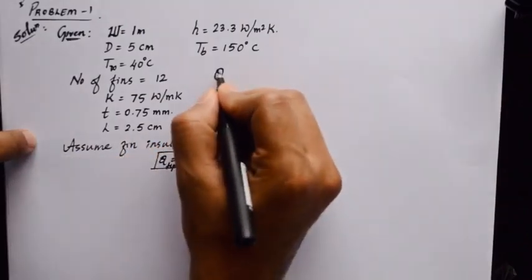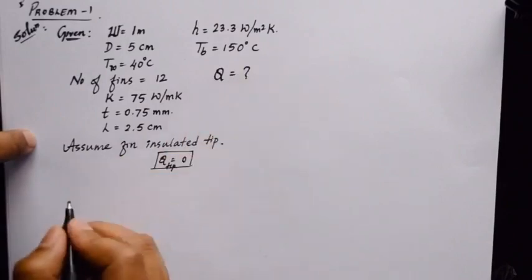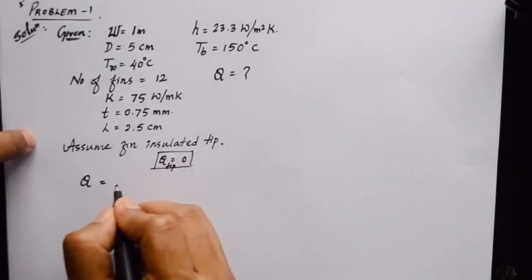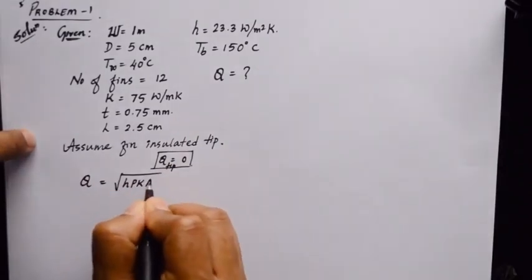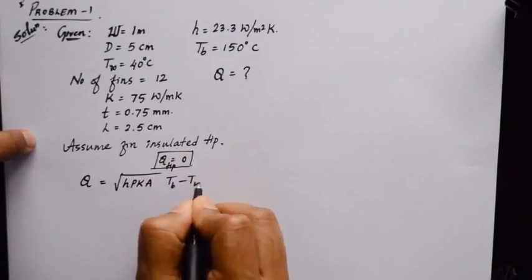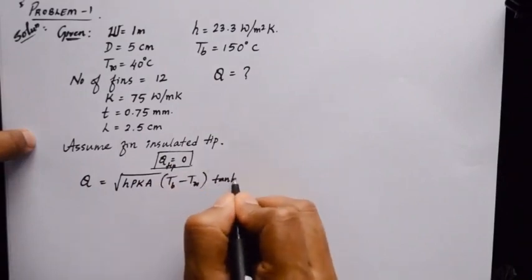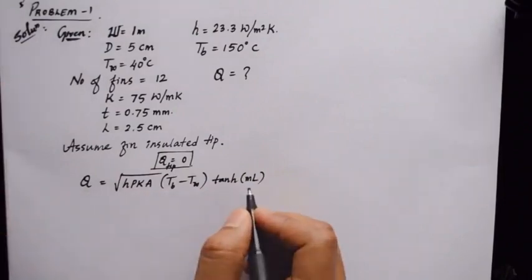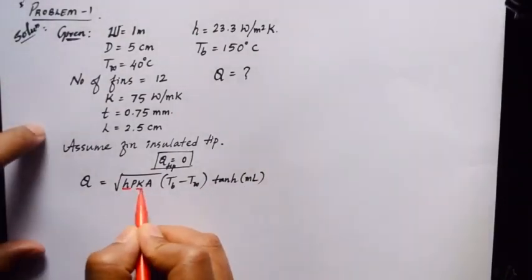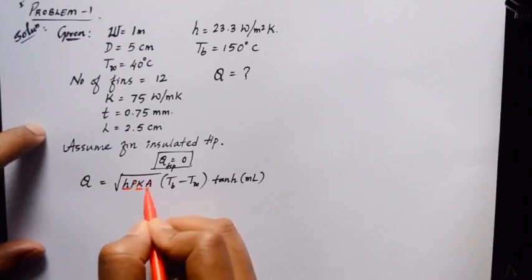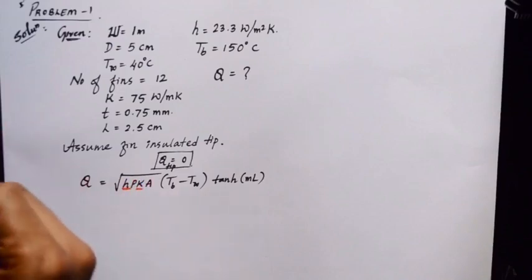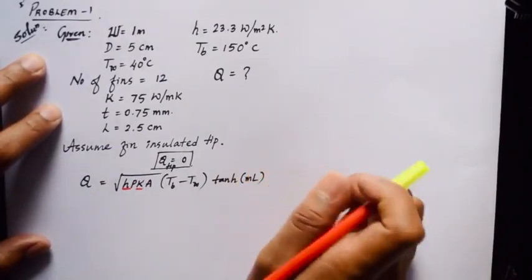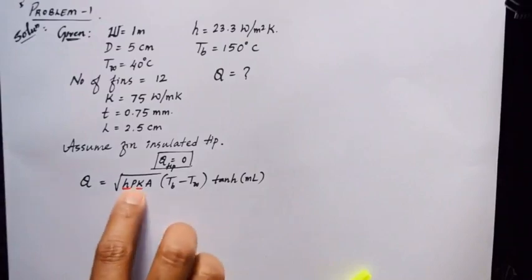What we are supposed to find here is the rate of heat flow. So the rate of heat flow for a fin with insulated tip is given by this equation. You will find this equation in Data Handbook CP Kothandaraman in page number 50. The value of h and k are already given in the question. We'll first find out the perimeter and area of the given fin. So according to the statement of the question, we'll just first draw a rough sketch of how the fin is going to appear, and then we'll start to find out the perimeter and area.